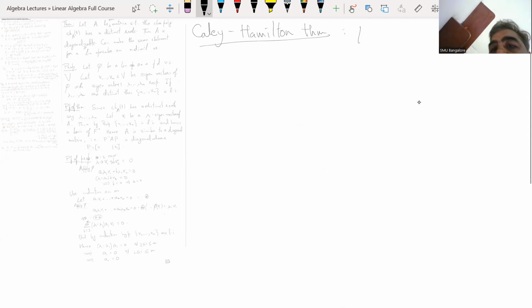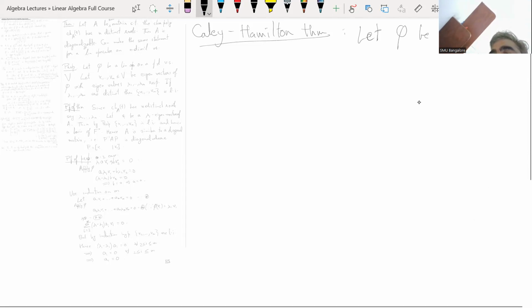Let A be a square matrix, or maybe since you know the matrix version, let me write it in terms of a linear operator. So let phi be a linear operator. It's the same statement,